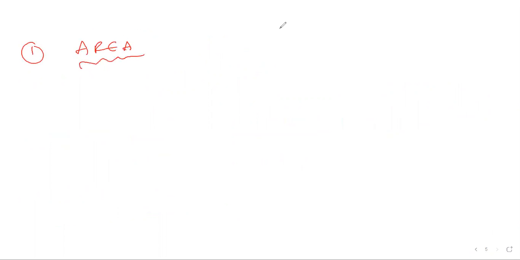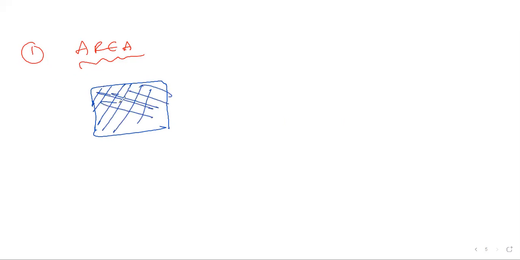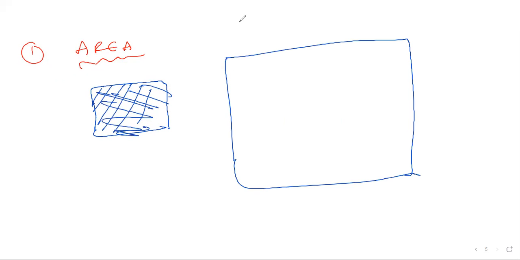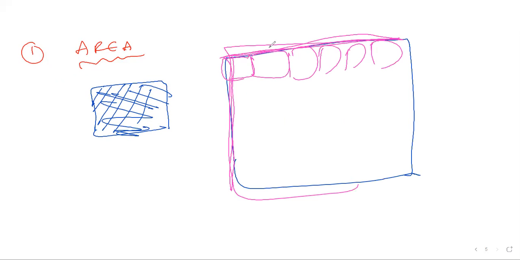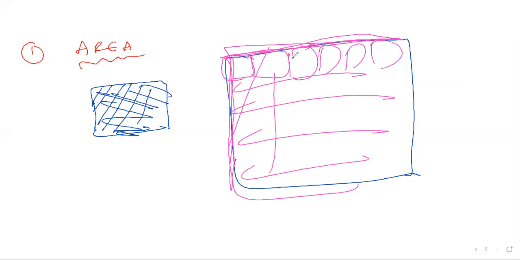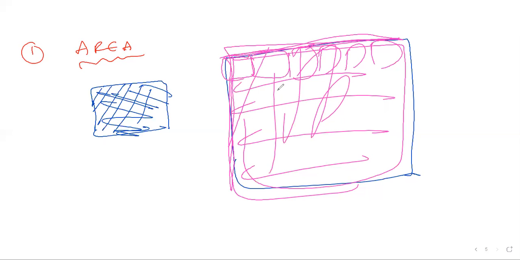Area means the concept is very clear. Let us take one square. A square means how many planes or particles should go in. Let us take a room, a square-type room. You need to fill it with bricks or boxes. One box, two boxes, three, four, five boxes. How many boxes you need to fill, and how much area should be occupied. The concept is called area. Area means how much space is occupied, which is decided by the area concept.